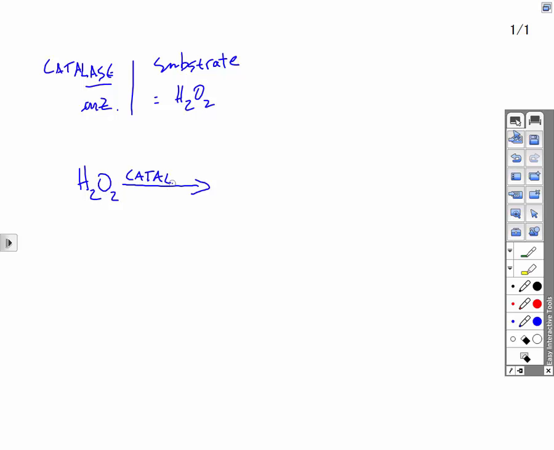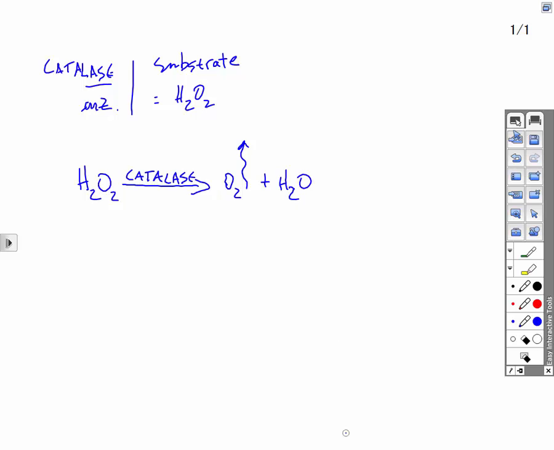Now, where we get this catalase is actually out of a potato. Potato cells have catalase in them, just as our cells will have catalase. What it does is break the hydrogen peroxide into oxygen gas, which bubbles out. If we're using it on a wound, it will pull out the bacteria or the dirt or whatever we've introduced into the wound. And the other thing that's created,